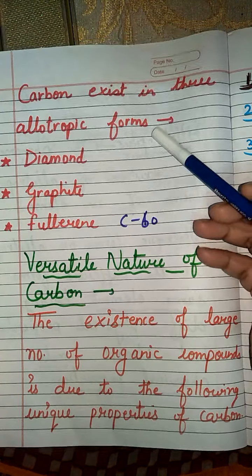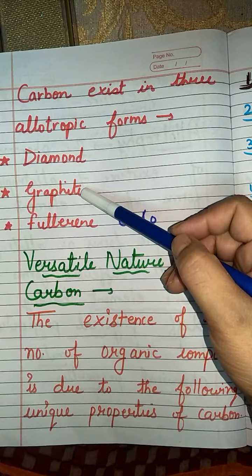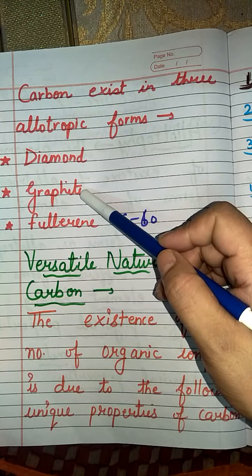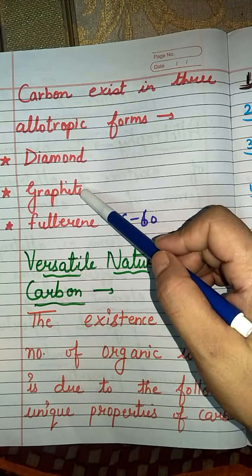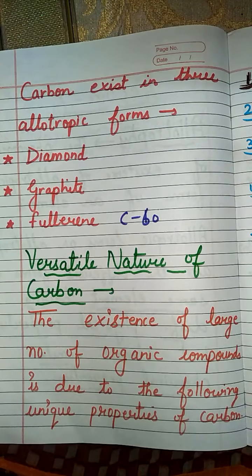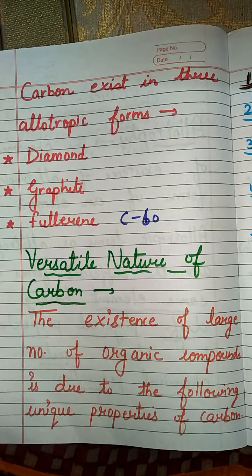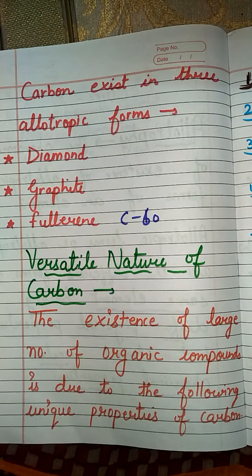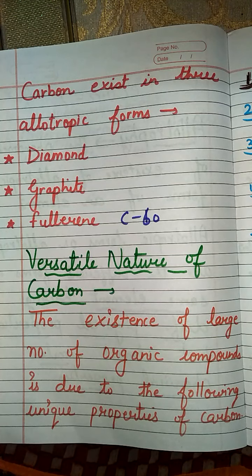Fine. And if you compare diamond with graphite, what is graphite? Graphite, you all know, is your pencil lead, the lead which is present in your pencil. That has a dull appearance in comparison to diamond. Fine. And if you talk about their physical properties, you can well judge that the physical properties are entirely different, but chemically they will be the same.